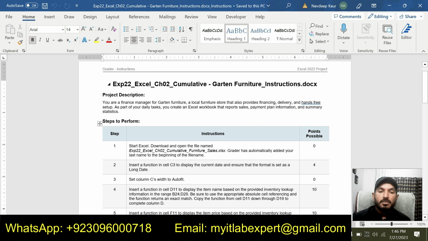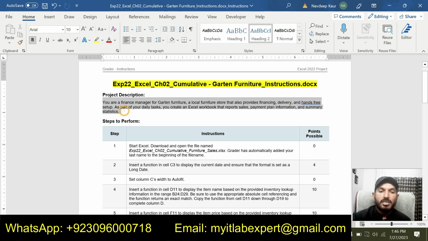Title of the assignment is EXP22 Chapter 2 Cumulative Cotton Furniture. This is the second chapter in the Excel section of my IT lab course. At the start of the instructions, you can see the project description.